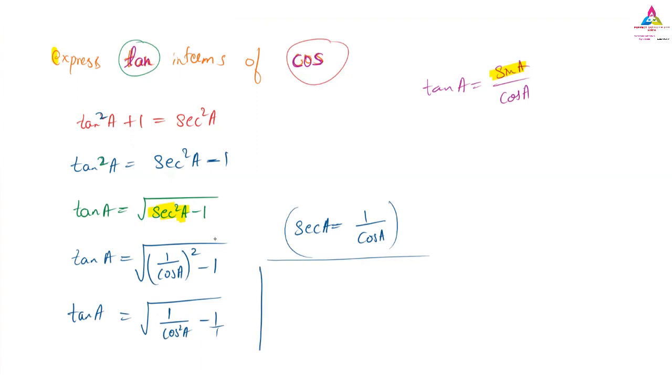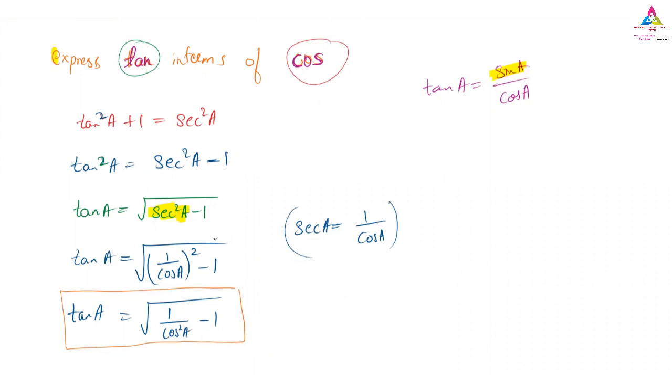No problem. Because afterwards, if you shift that cos square A to the other side, because you are finding the root of that. So here we have root of 1 minus 1 and cos square A, for LCM is cos square A itself. And here we have cos square A. Don't change that 1 minus cos square A to sin square A. Again, it will become very lengthy. So stop it here only. And this is your answer. So you have converted a tan in terms of a cos. So here only you stop it. Otherwise, it will be confusing afterwards if you continue further.